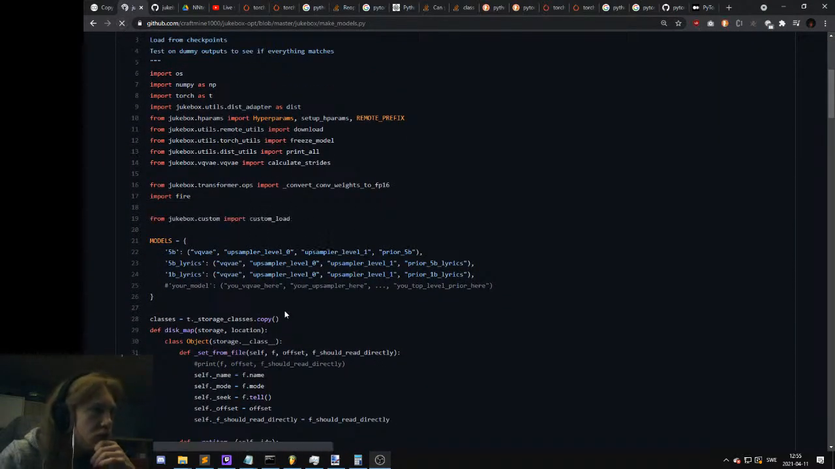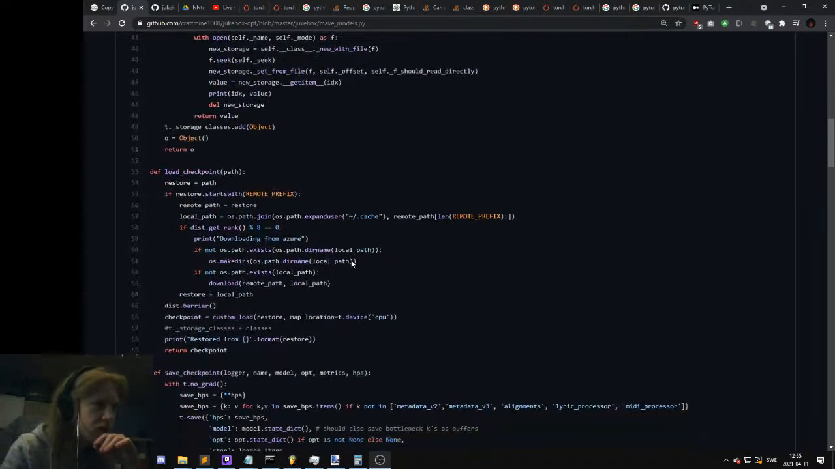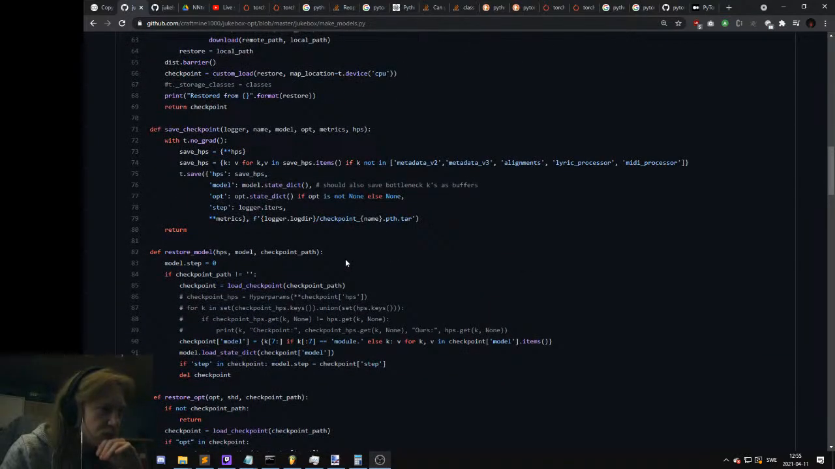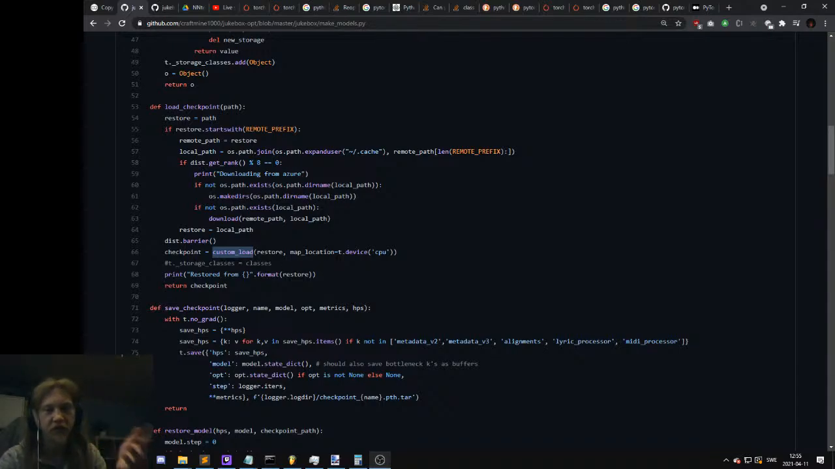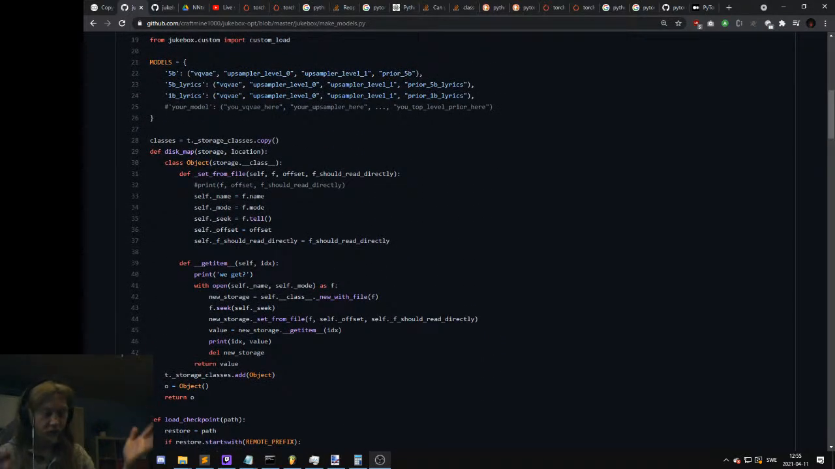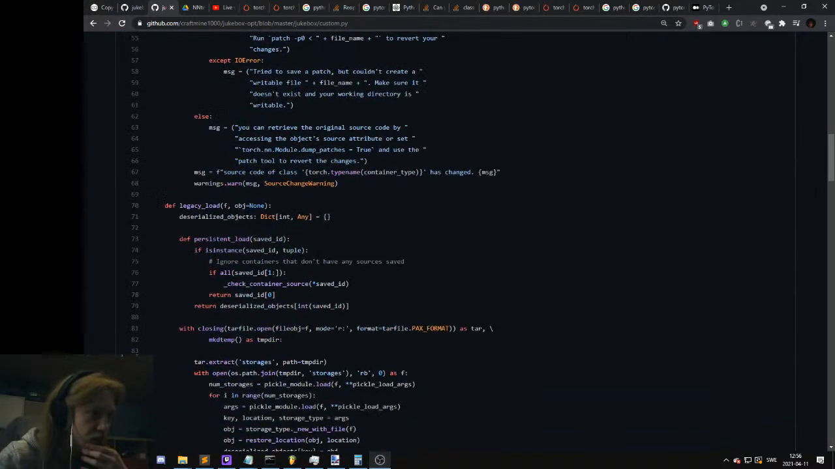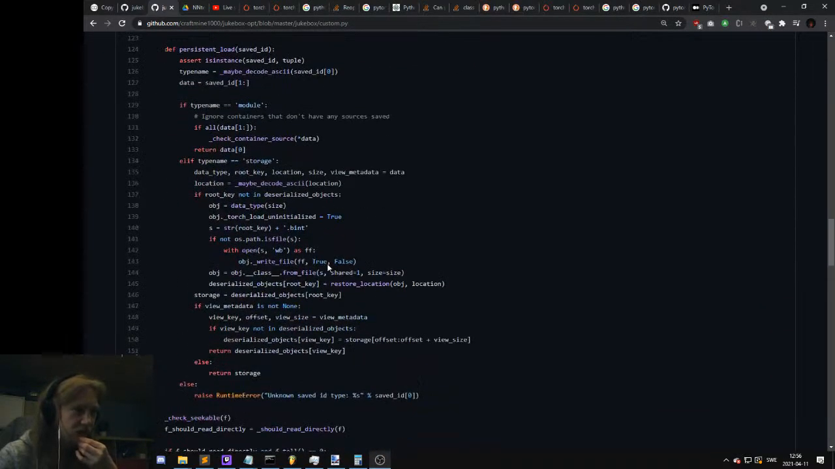Oh, this is not updated. Yeah, there you go. So it gets the custom load there, which is our modified version of the internals of PyTorch, which we're pulling into jukebox. It's kind of weird, but we actually use that right here. So it's a straight replacement for the t.load. We have custom load, which instead loads the file, looks at it, and when it's doing the persistent loading, whatever that means,